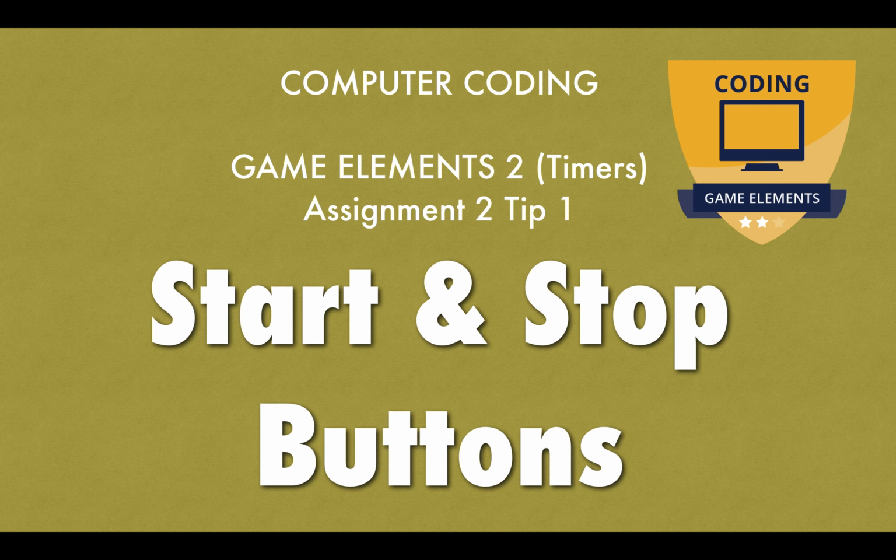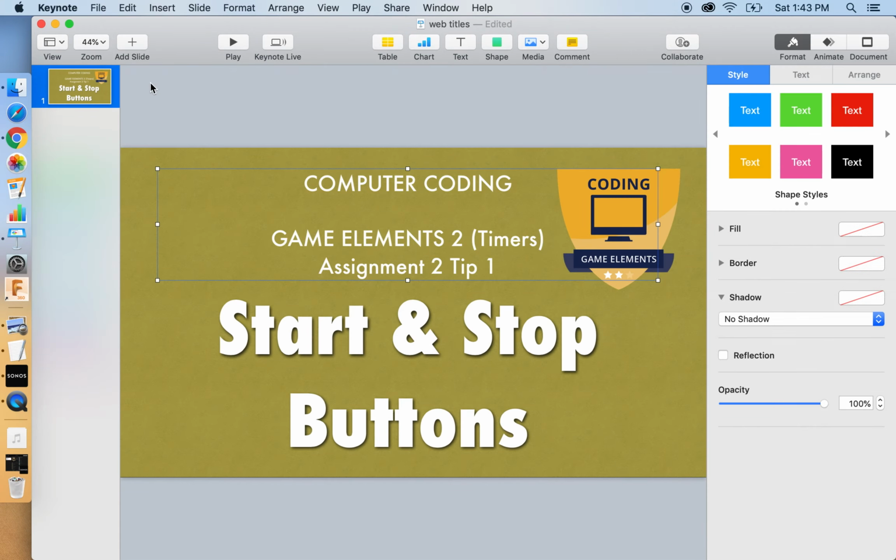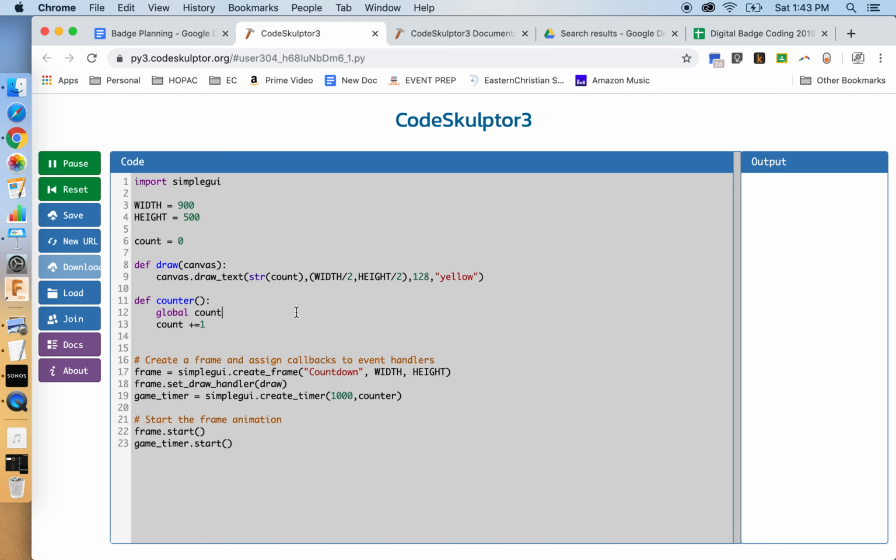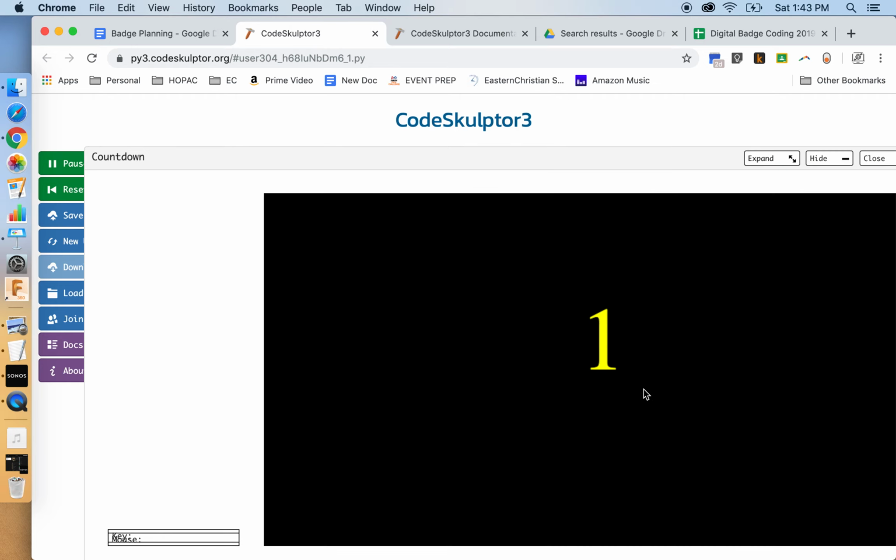This assignment is not that much more difficult than the previous one, except that I came up with some ways to have it do some more fun things. But the only real difference is using buttons now to control our timer rather than doing it with just a mouse click. So here I have a basic program that just counts up